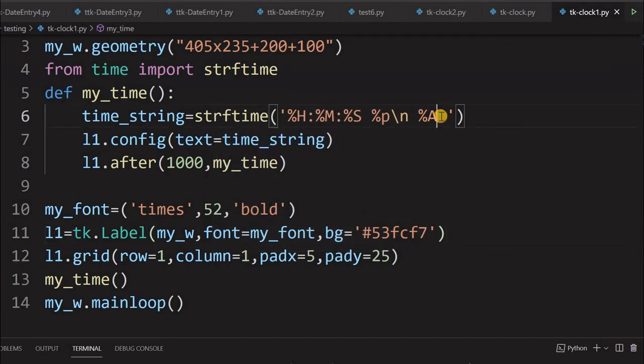Now let me add month, date and year. I can add that format, or instead there is one single command for that, %x. This will give me the local date string, in the local format, whatever is in your system settings. So directly it will give me. I have given one more line break here. You can see there are two line breaks. First this, then our weekday name, full name I am using. If you want short name also, the format is there.